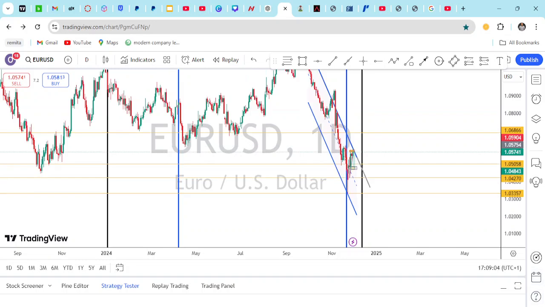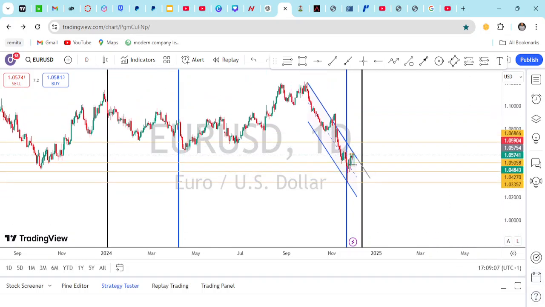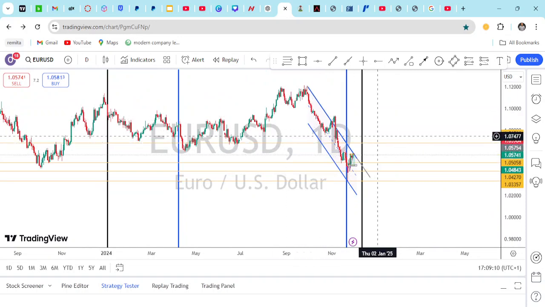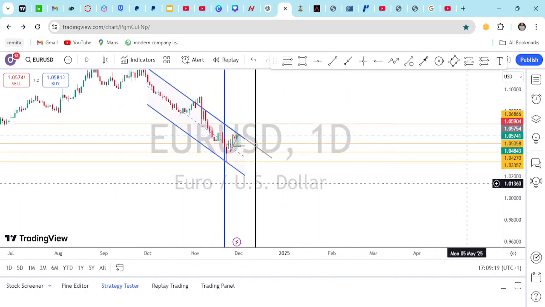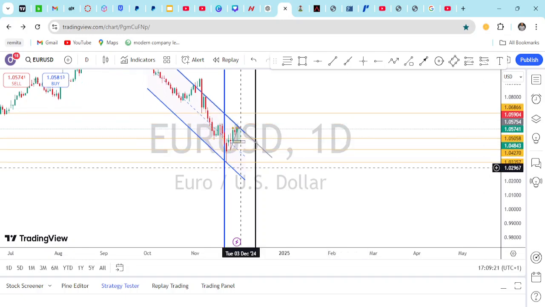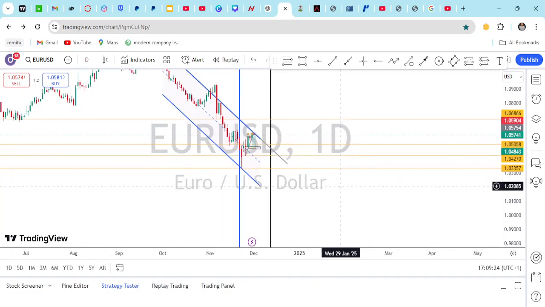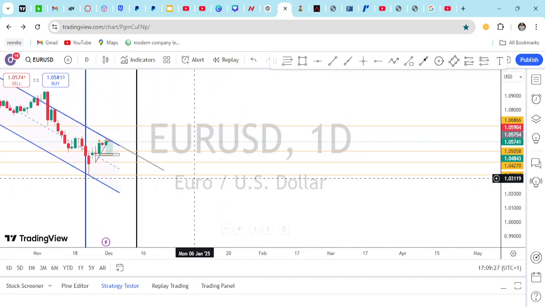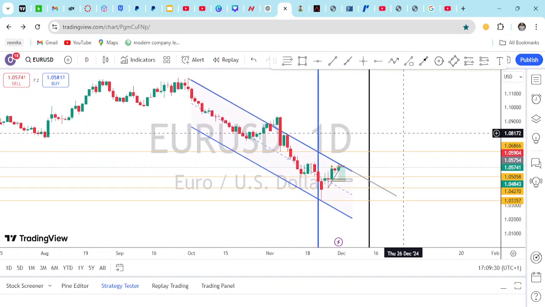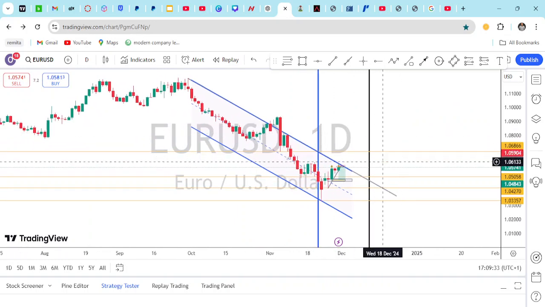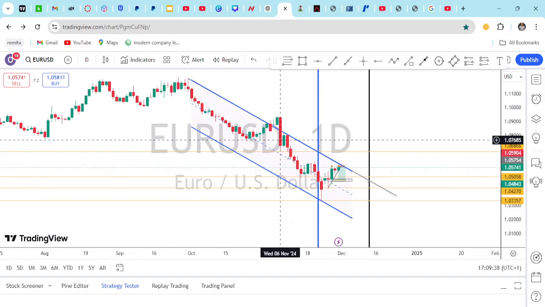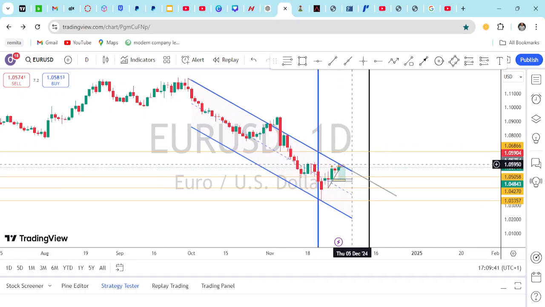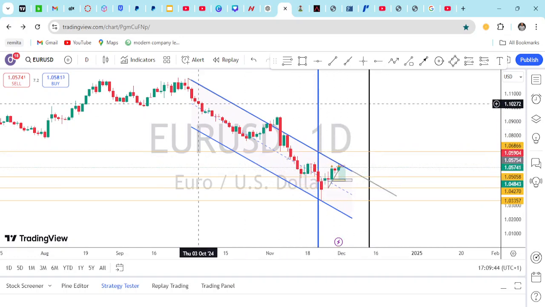Okay, so let's zoom in a little bit more. You see that this particular market has been trading in a channel. This is a particular channel it has been trading on for a while, and so it managed to go up, and it's currently seated at the daily resistance line.